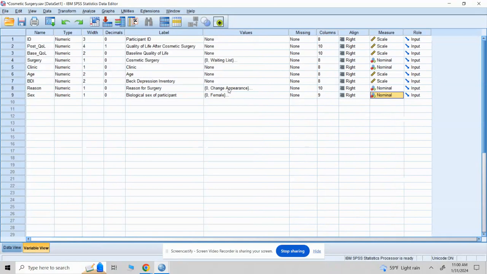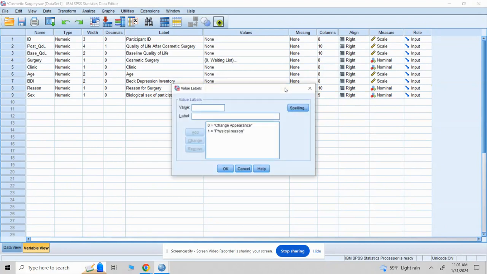Let's do reason for surgery. So the reason variable, and I'm down in variable view because I want to find out a little bit of information about this variable. So let's see what the zeros and ones mean. In my data view, I just have zeros and ones. What does that actually mean? So I can click on the values, click the button,